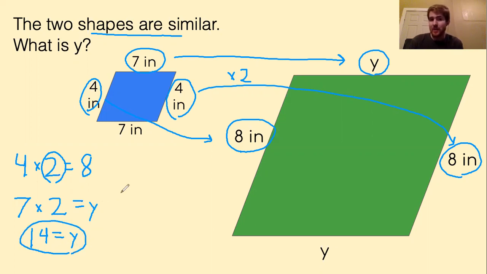Sometimes you might not get a number that's as easy. Say you couldn't figure it out. Say you tried to guess a bunch of things. You guessed 1, you guessed 1.5, you guessed 2.5. You didn't think to guess 2. Well, one way you can always find the scale factor is to divide. So we take something from the bigger shape, 8, divided by the corresponding side from the smaller shape, 4,